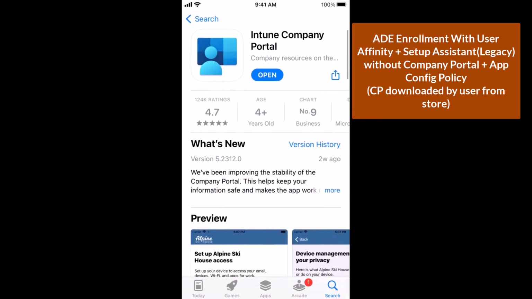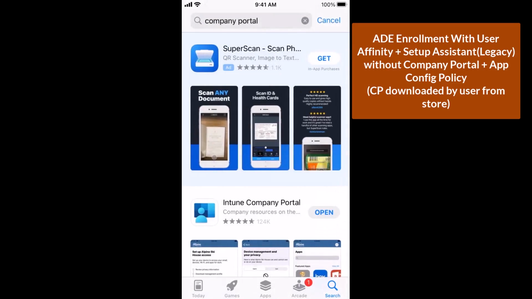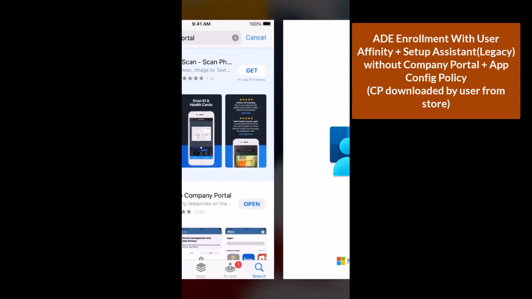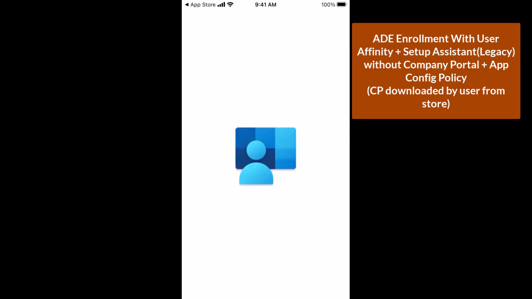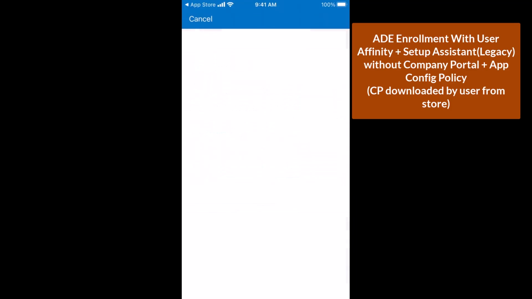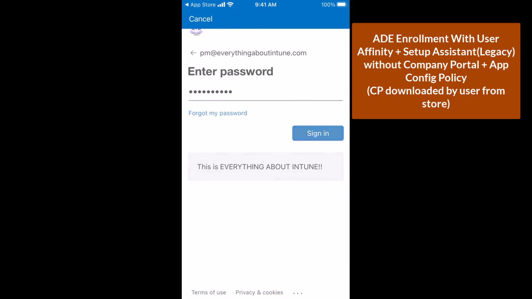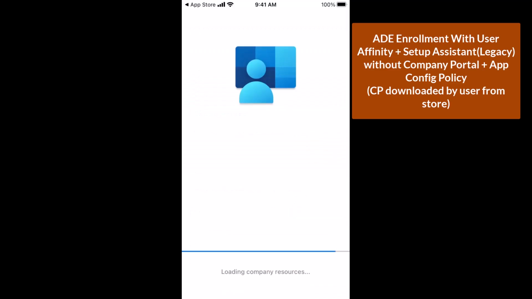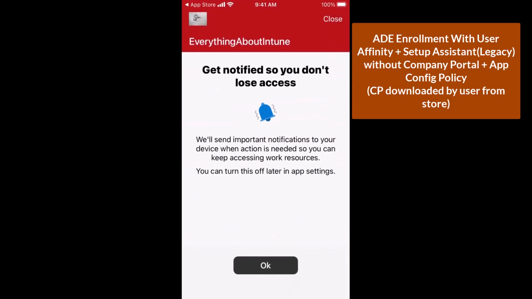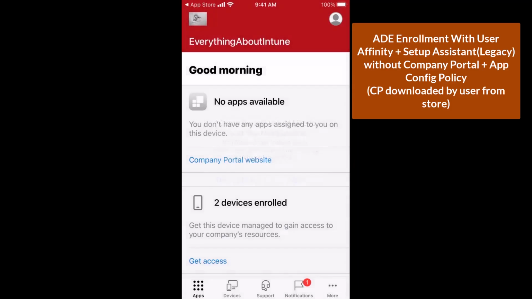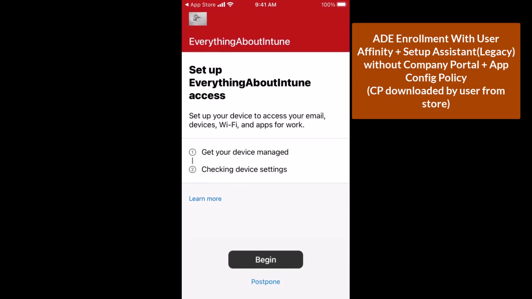Okay, so company portal is installed. I am still at the App Store. So let me launch the company portal application from here itself. Okay, very quickly, let's pay close attention and let's see the magic now. I hope it works. So just doing an OK here, doing an allow,